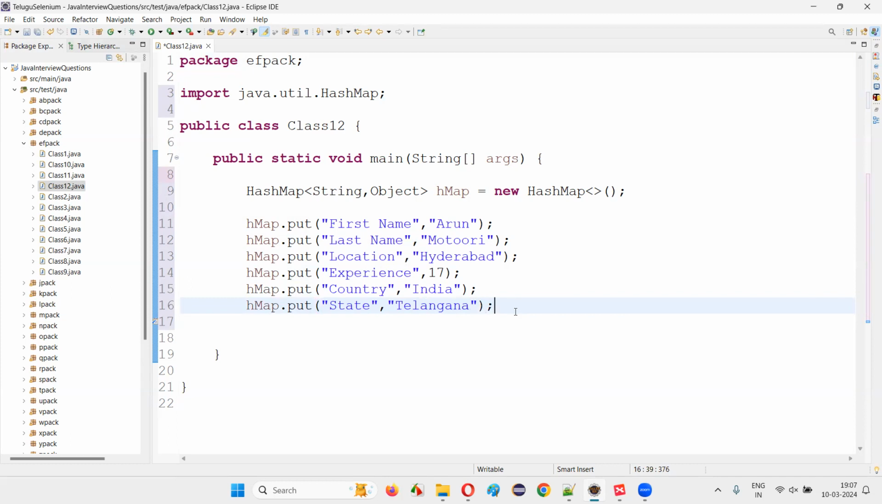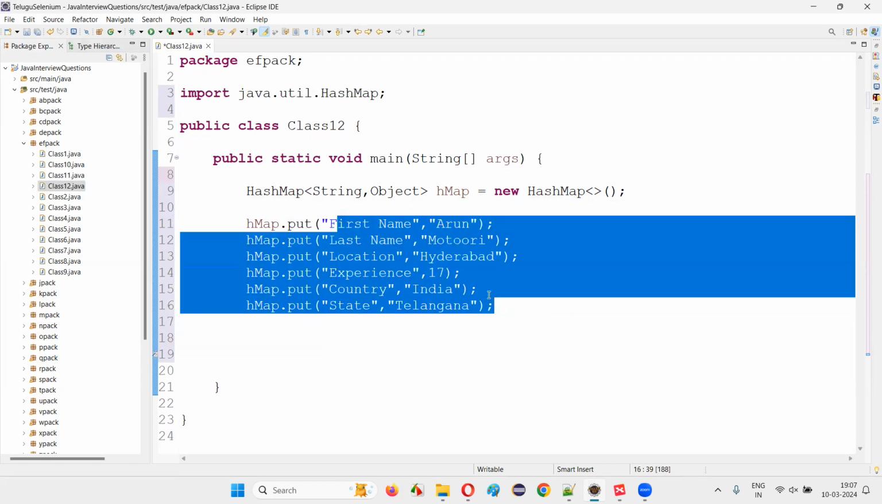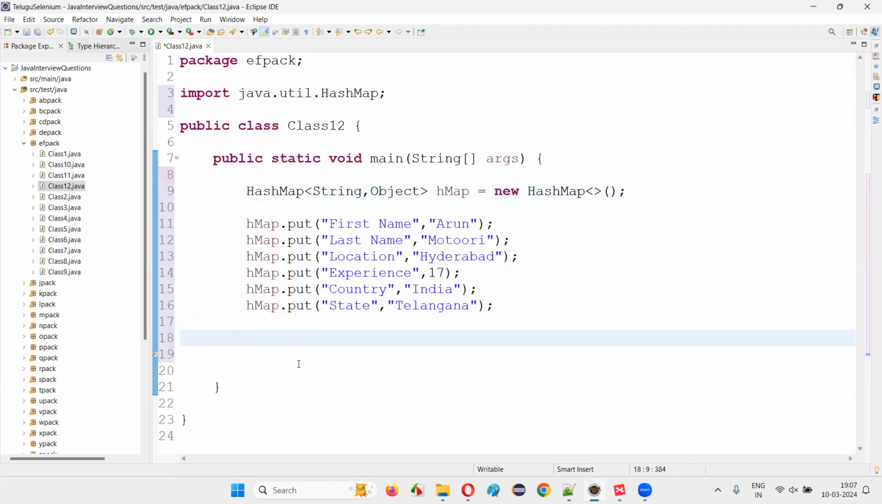Okay. Like that, I can keep on adding any number of key value pairs as objects to this hash map. The order in which I have added these key value pairs to this hash map will not be stored in the hash map in the same way. Okay. The order will not be preserved. If I print this hash map, you will understand the exact order